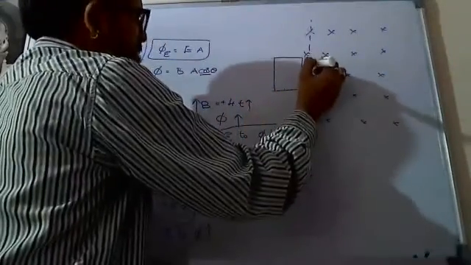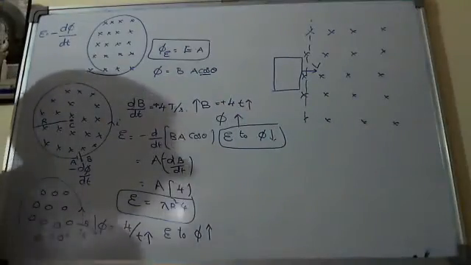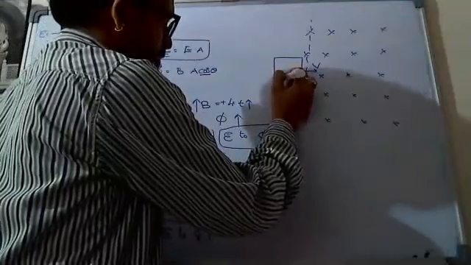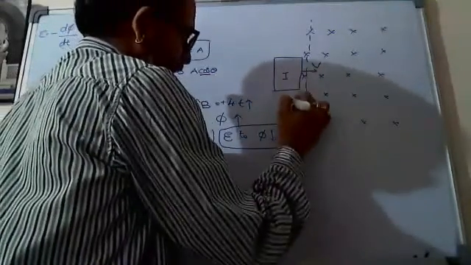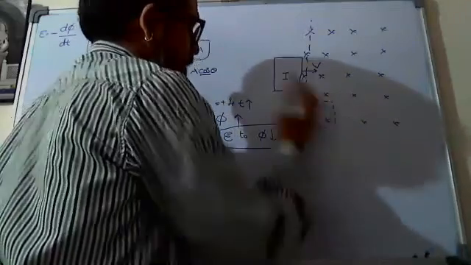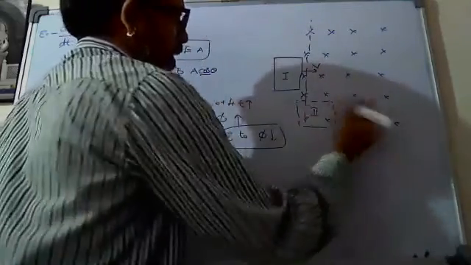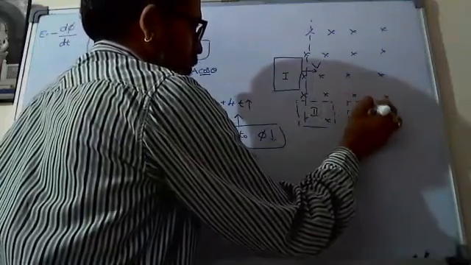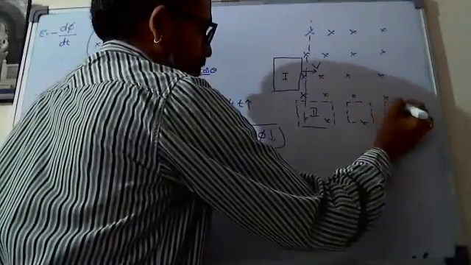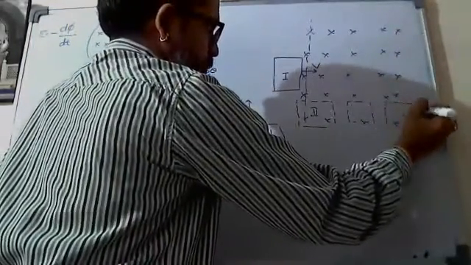With some constant velocity, I am pulling it now. Suppose this is the first position. I am drawing the second position now, here only, not coming down, there only. This is the second position, here is the third position, and here is the fourth position.